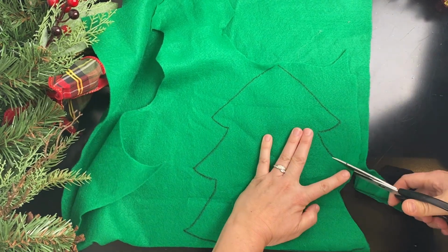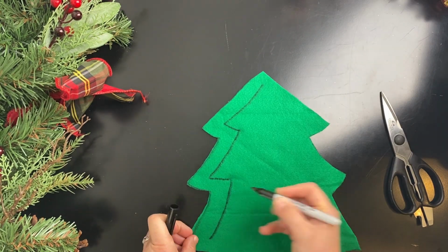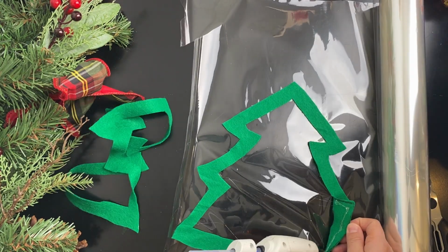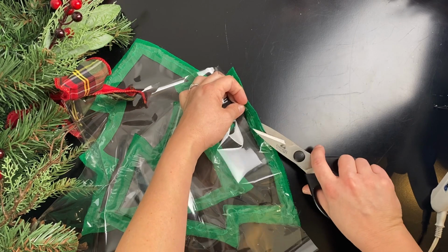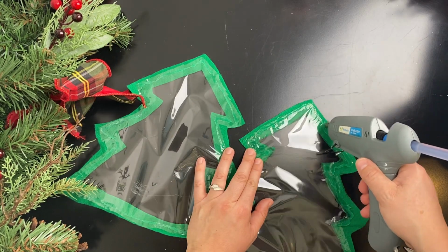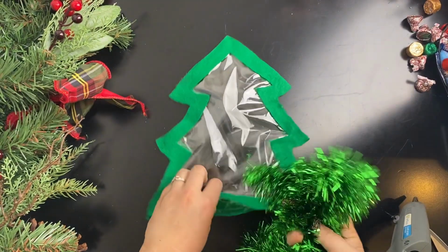First, cut out a double-layered Christmas tree. Draw an inner Christmas tree to cut out. Glue cellophane to the back of both tree outlines. Trim the excess cellophane off. Then glue both tree outlines together. And then take some green tinsel